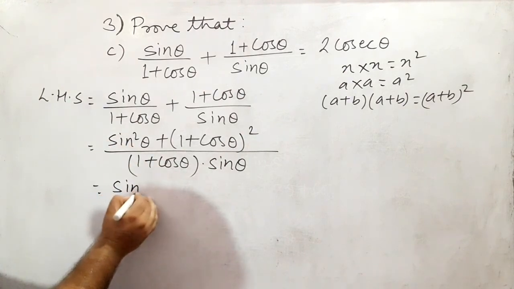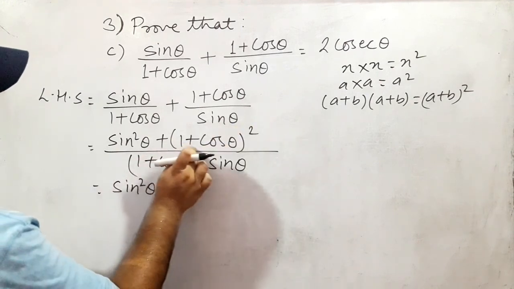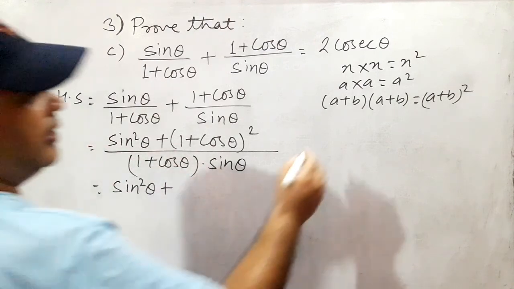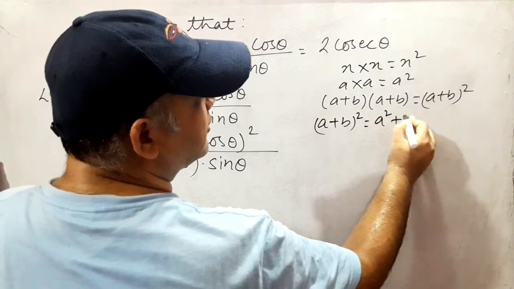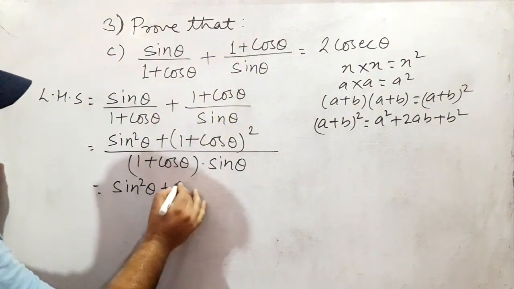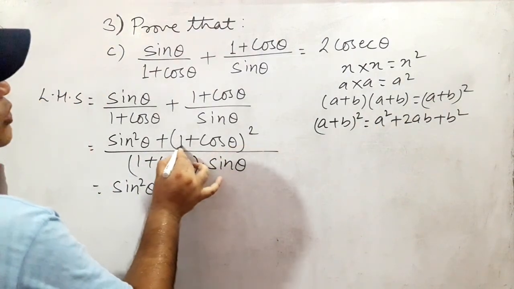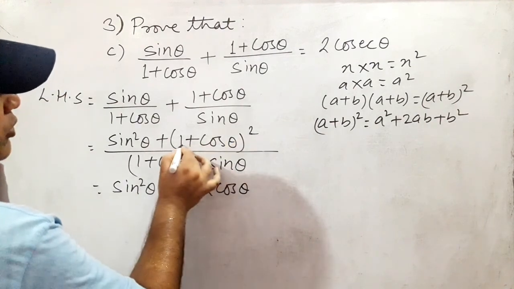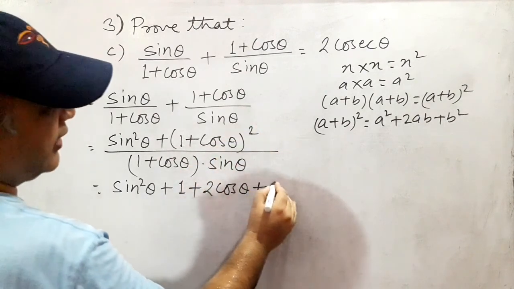Now sin square theta plus, let's expand this (1 plus cos theta) whole square. (a plus b) whole square can be expanded as a square plus 2ab plus b square. That's in the law. So a square, that is 1 square, plus 2ab, 2 into a, which is 1, into cos theta, 2 cos theta, plus b square, that is cos square theta,